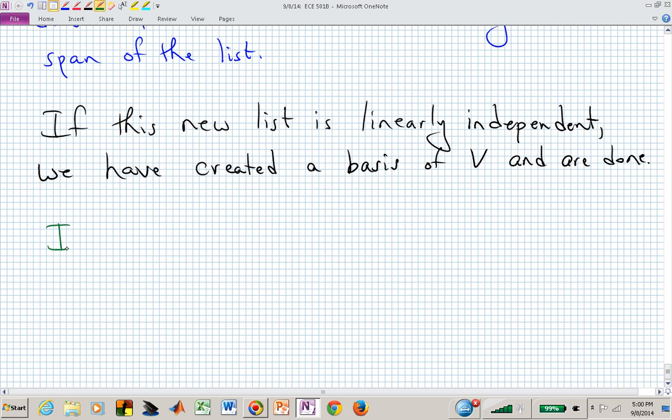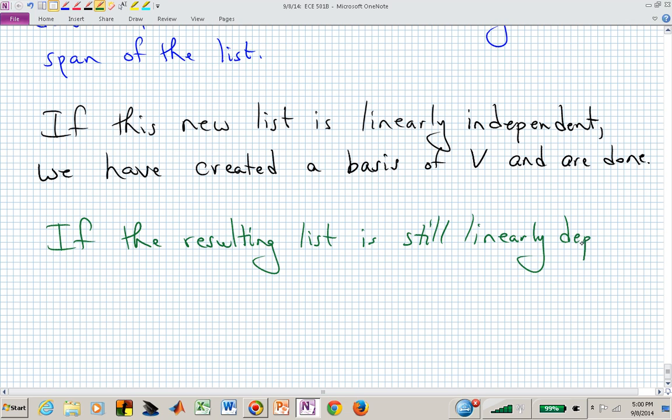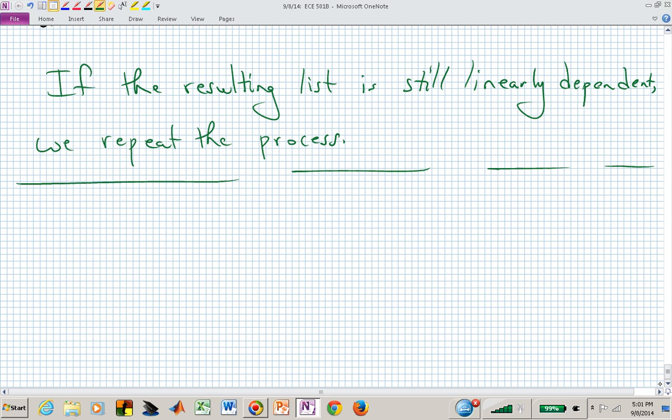So now if the resulting list is still linearly dependent, we simply repeat the process. And we can go back to that